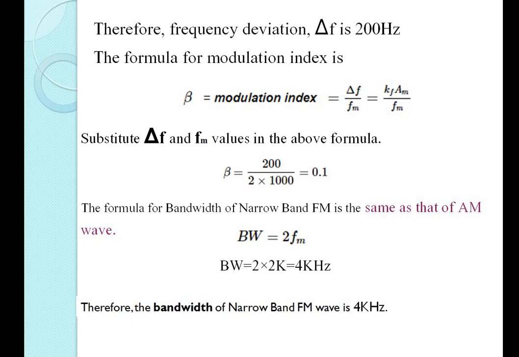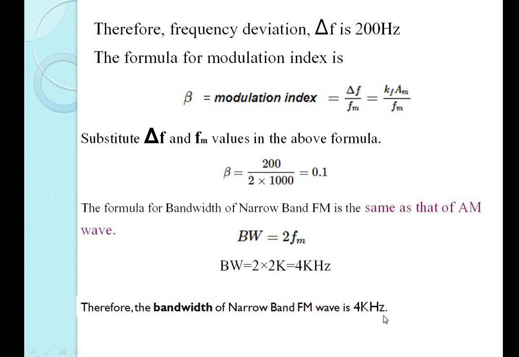So the formula for the bandwidth of the narrow band frequency modulation will be the same as that of your amplitude modulated wave. What was the bandwidth formula for the amplitude modulated wave? BW is equal to 2 FM. What is the FM value you have got over here from the question? 2 kilohertz. So we'll substitute the value 2 kilohertz,